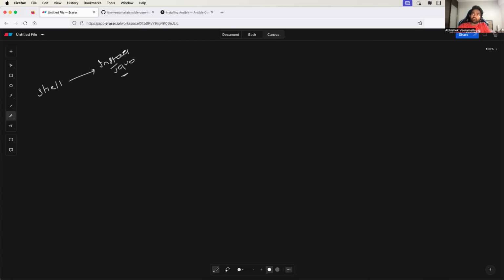And you can automate this using shell scripting. You can also use Python, right? Where again using Python, you can automate installation of Java on a virtual machine, and you can also do it using Ansible. Now the question is, if you are given a task in your organization, which approach would you take,